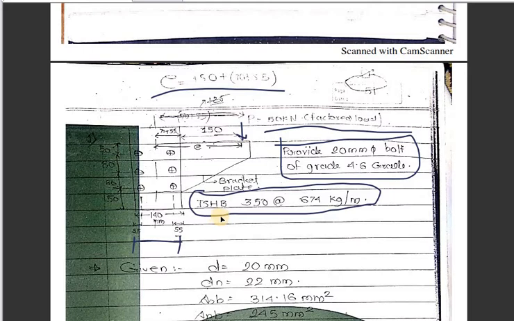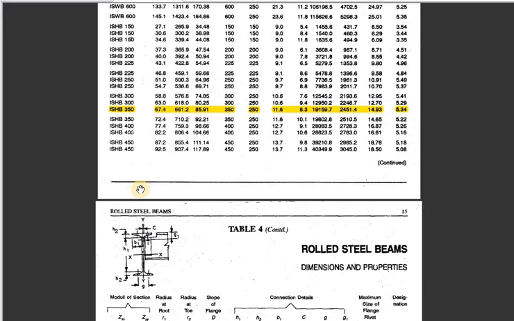The 50 is given, the ISHB is given, and this 250 and these vertical distances of the I section are given. How do we find this eccentricity, and how has this 140 mm been calculated? For that we have to refer to ISHB 350 at 67.4. So I am going through the steel tables. I am referring to the steel table for this, and I have directly taken the steel table for ISHB 350.